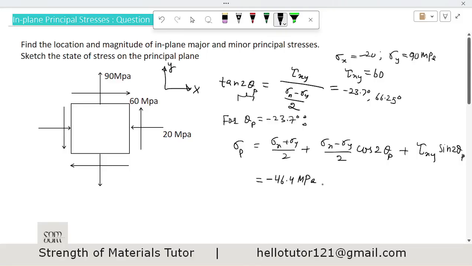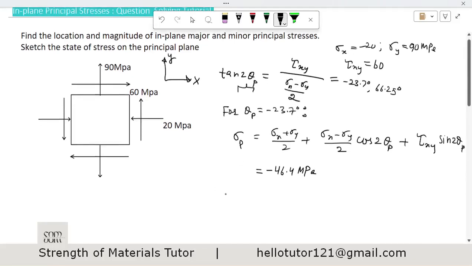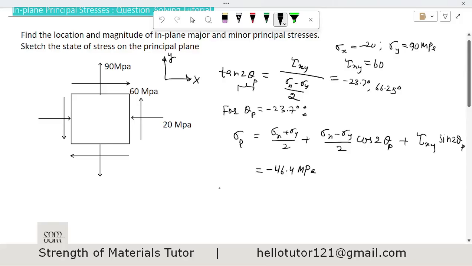So right now I don't know if this is a major principal stress or minor principal stress. Why I don't know? Because I have to find both the values of principal stresses, and whichever is the maximum will be the major, and whichever is the minimum will be the minor, okay. So first we have to find both and then compare, okay. So let us find for